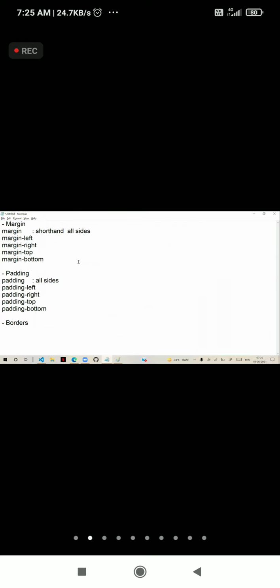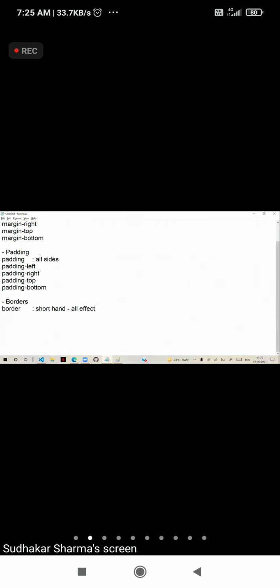So we have margin, we have padding. Another important one is border. Border has a lot of options. Actually, border is a shorthand, which applies all styles, all effects, all colors and all directions.